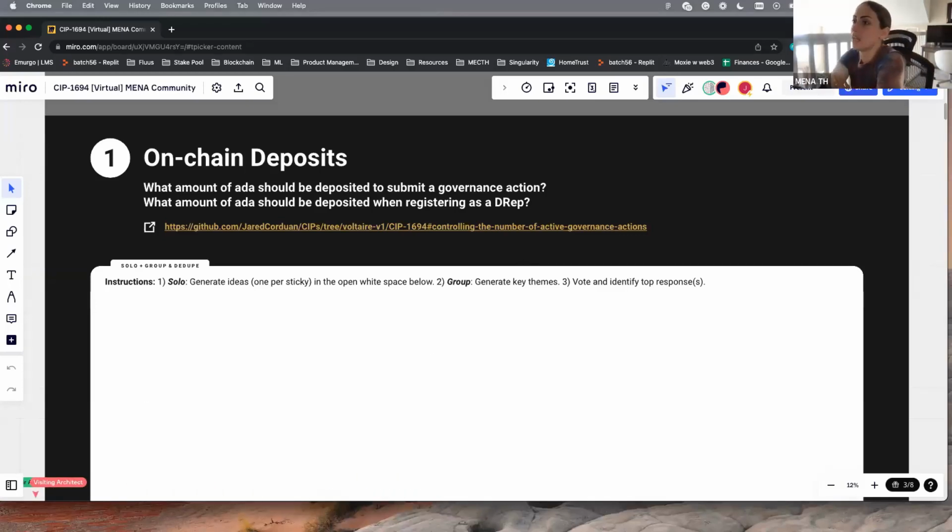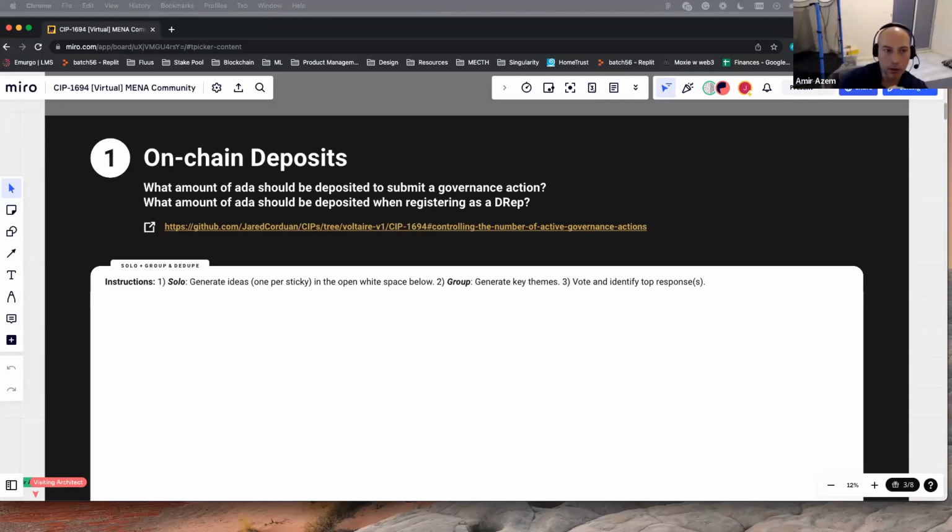Yeah, so any ideas regarding a governance action? There are 7 different types of governance actions that we can quickly discuss. Do you guys think it's beneficial to give an overview of the CIP or no? I'm a little familiar with it, not completely in all the details. Same here.